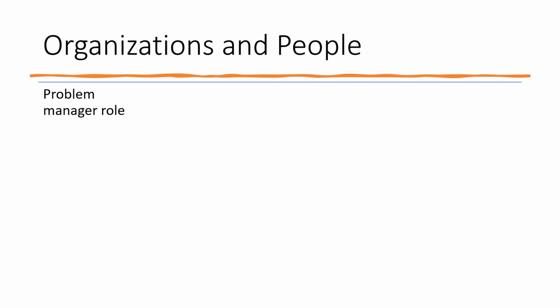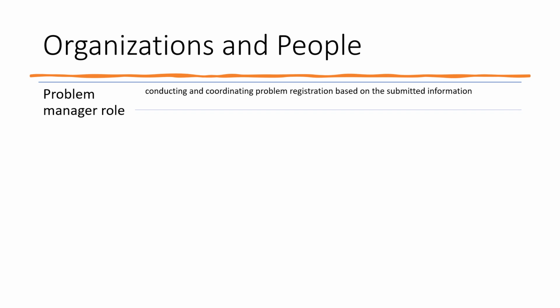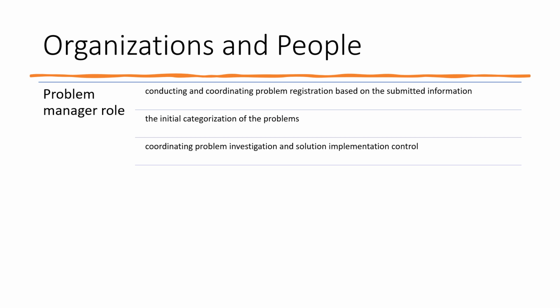The common roles of the problem management practice are problem manager and problem coordinator. The problem manager is responsible for managing and coordinating the specialist activities in the problem management processes, including conducting and coordinating problem registration based on submitted information, the initial categorization of the problems, coordinating problem investigation and solution implementation control,